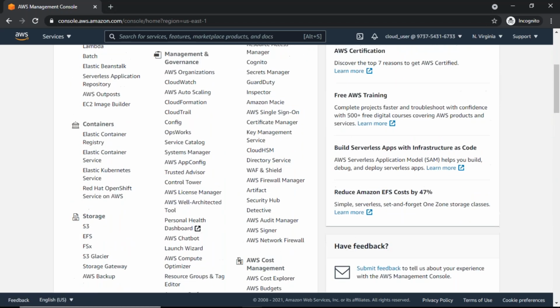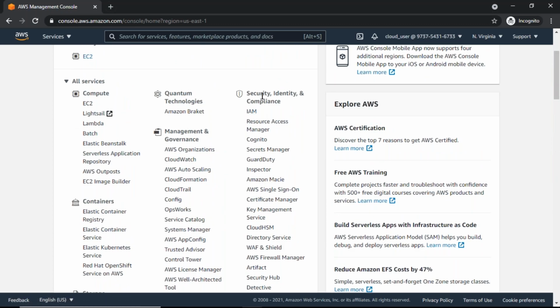So an important service is there. One more important service is your security, identity, and compliance service, IAM. So the IAM service is there here. You see, by using this IAM service,